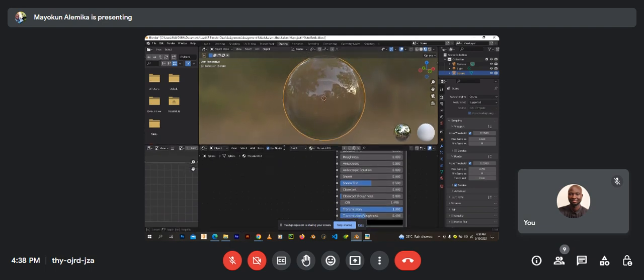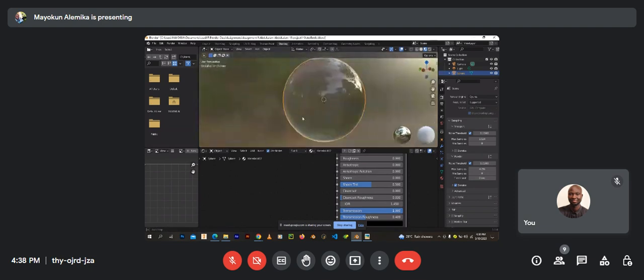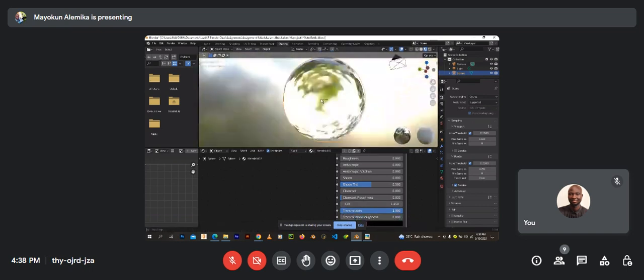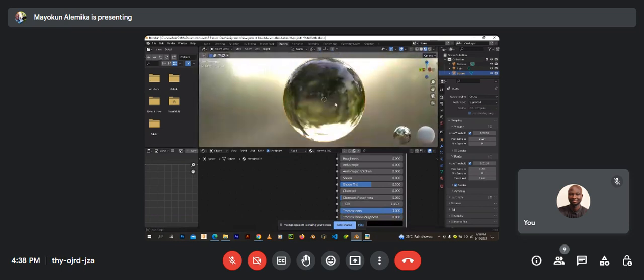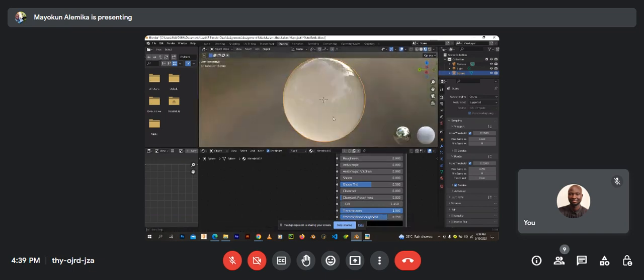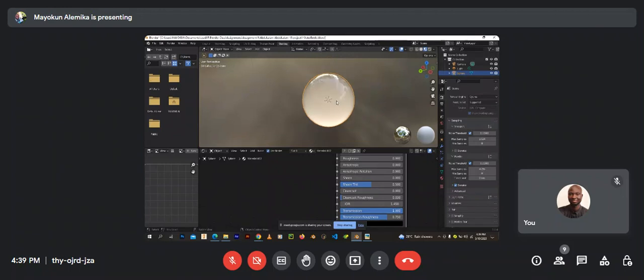The rougher it is, you can see what's happening to the orb. Okay, so when I reduce the transmission roughness all the way down, it's very transparent, and it's still behaving like a lens. But if I increase it all the way up, you can see that it's becoming